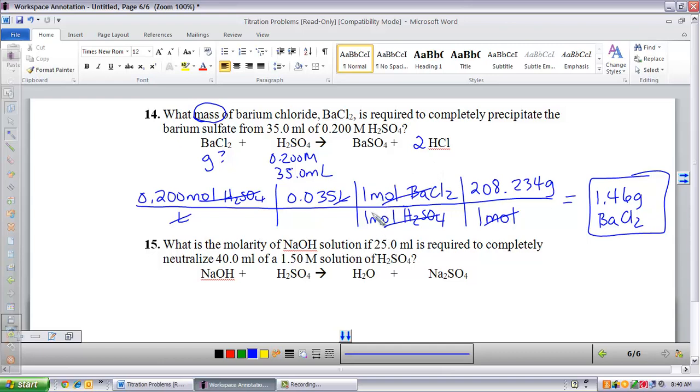And that uses 3 significant digits because each of your given pieces of information had 3